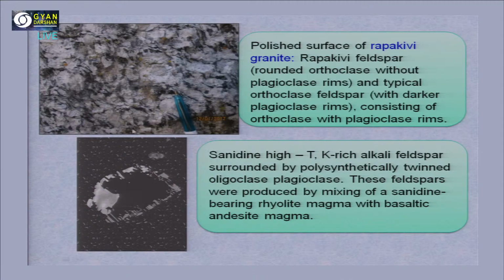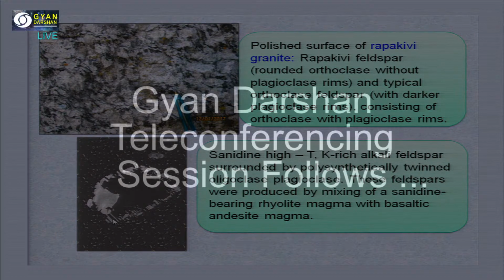How does this Rapakivi texture look under the microscope? It shows Rapakivi texture. Here sanidine is a high temperature, alkali-rich feldspar surrounded by polysynthetically twinned strips of oligoclase. Oligoclase is again a variety of plagioclase. So, these feldspars